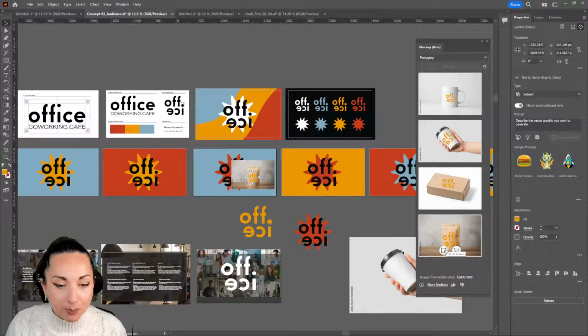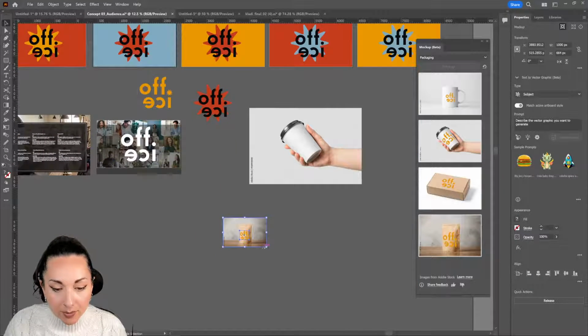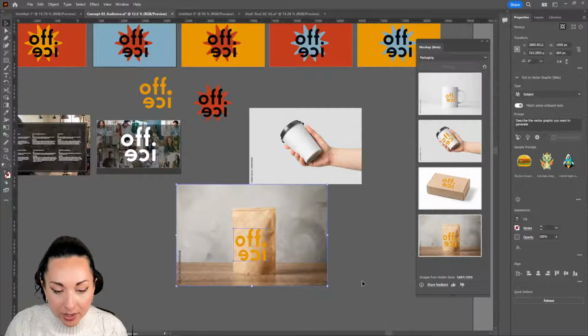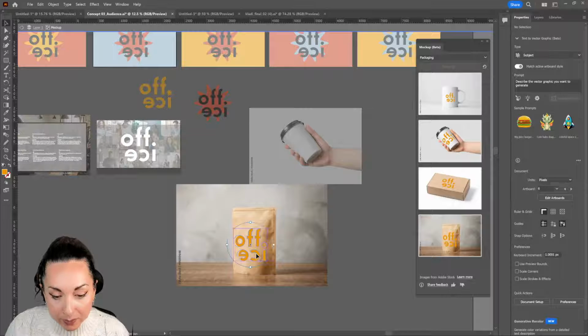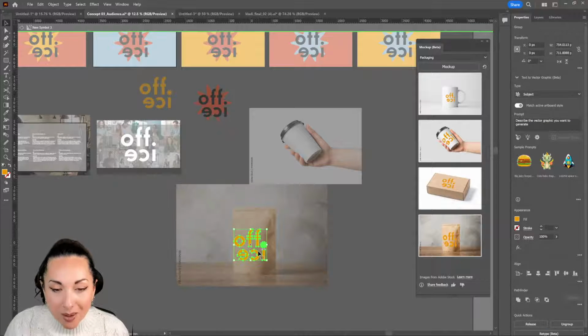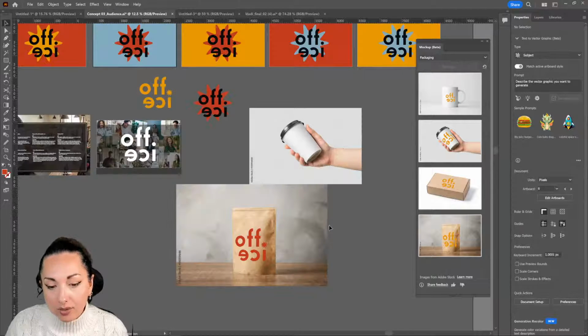We got 2 minutes, but this is so quick and easy that we have totally time to do it in 2 minutes. So I'm going to go ahead here and make this image a little bit bigger. Again, as you can see, probably choosing the yellow wasn't the right color for the craft paper. But remember, we can at any time just simply use our eyedropper tool to change the color if we wish to do so,